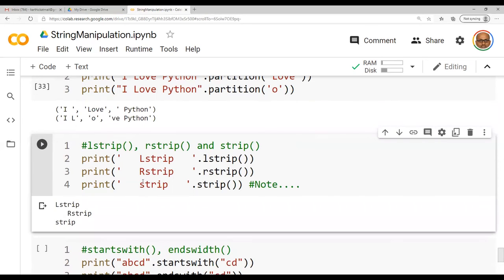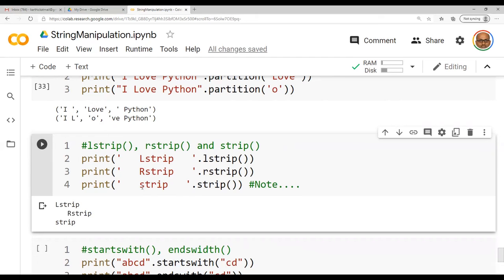Similarly, rstrip removes the spaces after the word, whereas strip removes the blank spaces present on either side. Strip, what is that? It removes space on both sides.